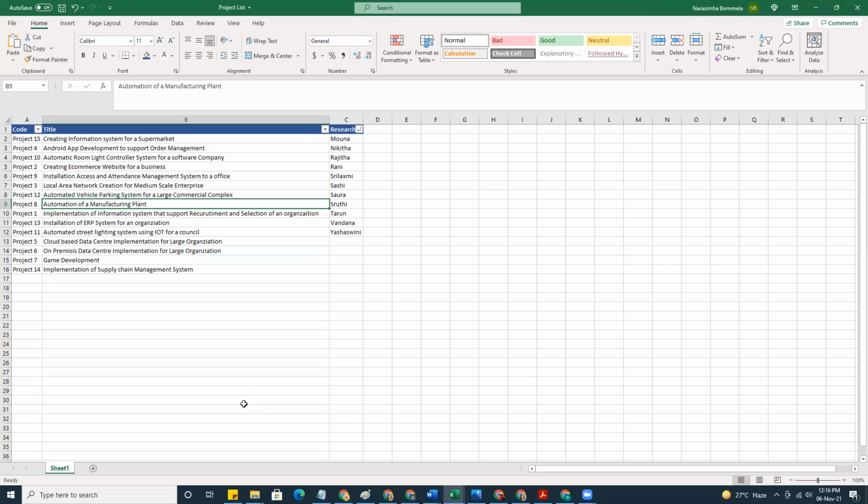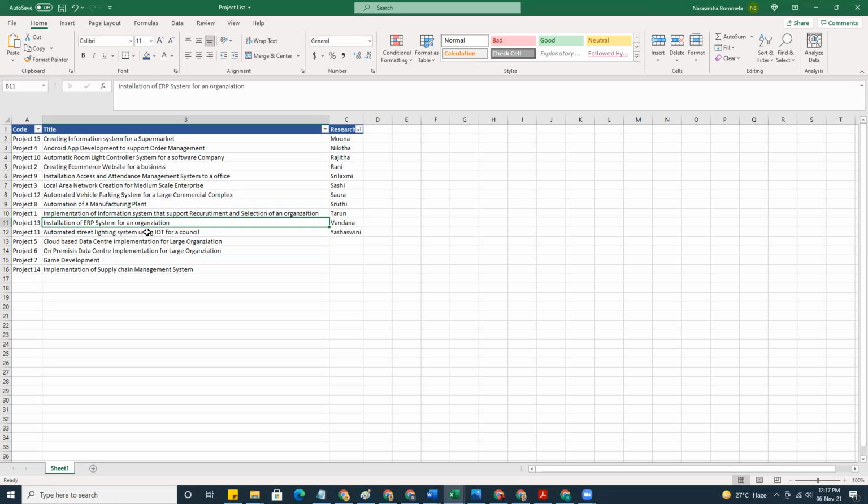So the main expectation is the recruitment of the right person for the right job, and pooling the number of resources that matches with the requirement, and using the application to perform different activities that are associated with the recruitment process and selection process, and finally identifying the best employees for the organization. So that is all about it.